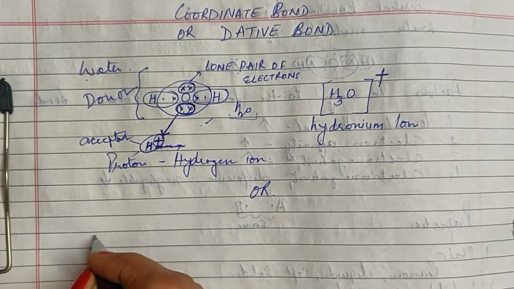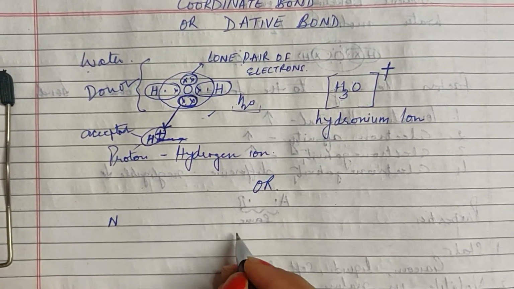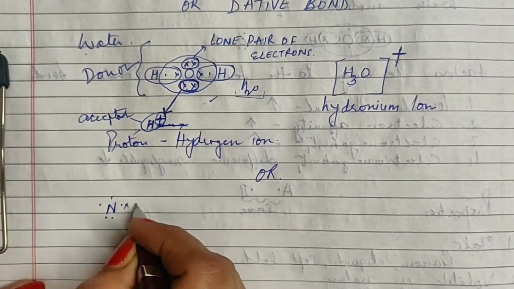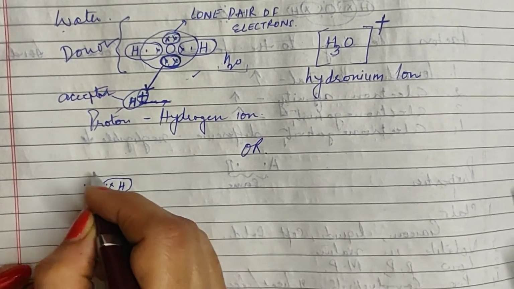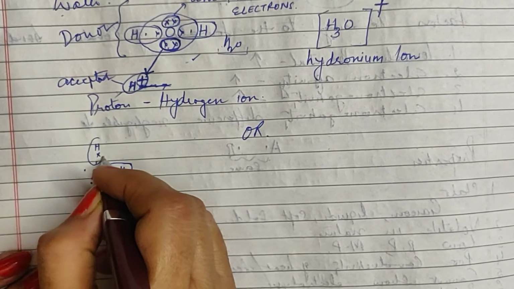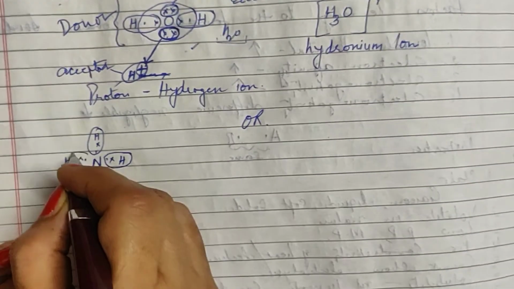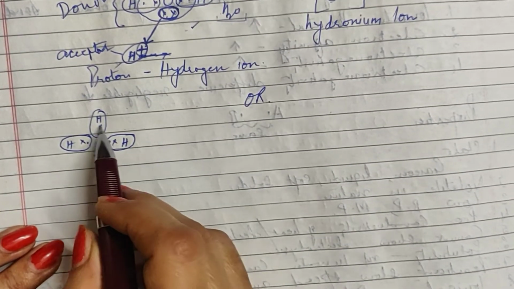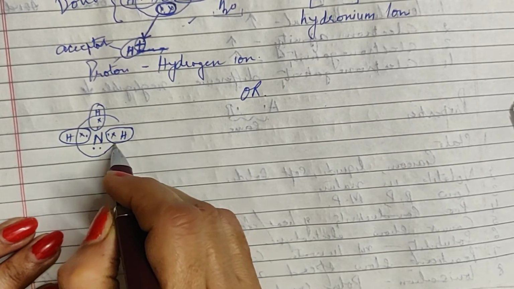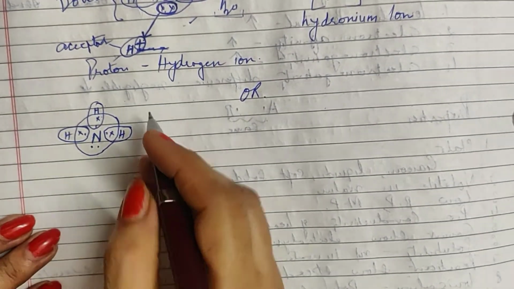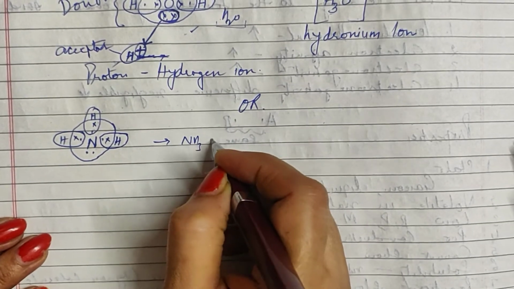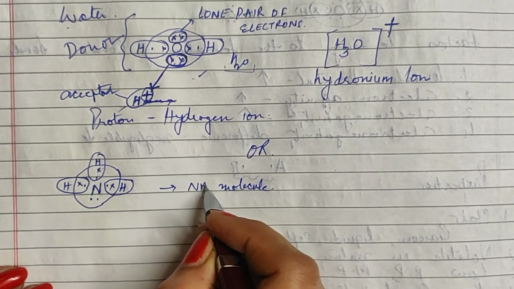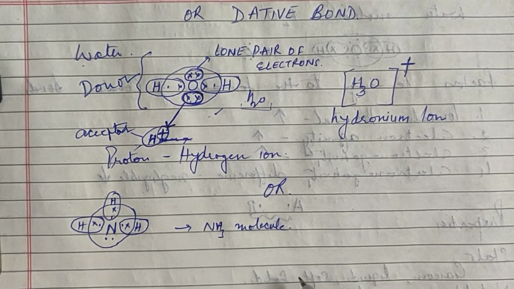Now first let's see the formation of ammonia. Nitrogen is the central atom. It has 1, 2, 3, 4, 5 electrons in the valence shell. It shares 3 of its electrons with hydrogen. All the 3 hydrogens become stable by completing their duplet. And nitrogen also already had 5 electrons. Now it has 3 more. So this one also completes the octet and becomes stable. So the molecule exists as an ammonia molecule. The ammonia molecule is neutral in the sense that it does not carry any charge. It is quite capable of independent existence.